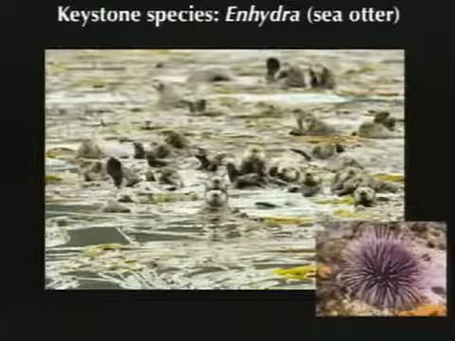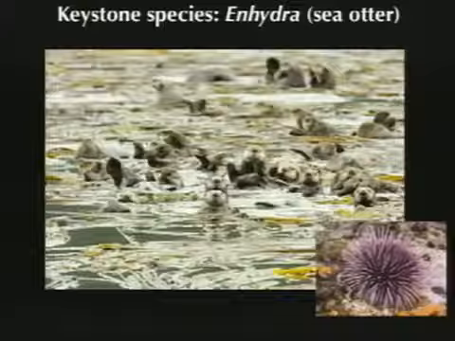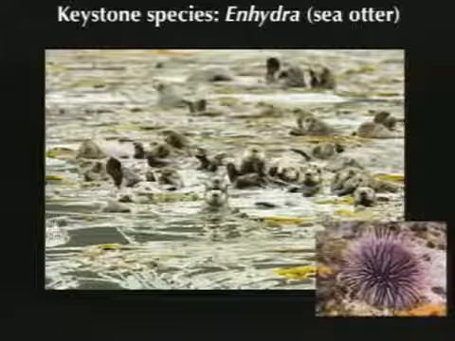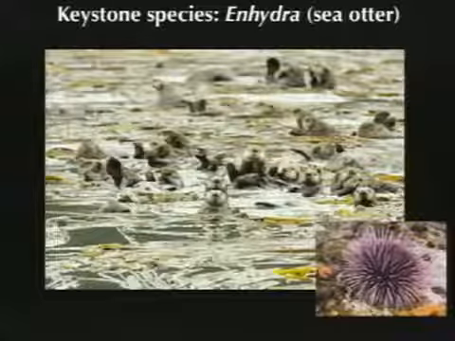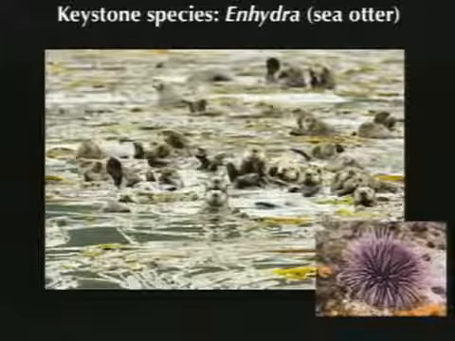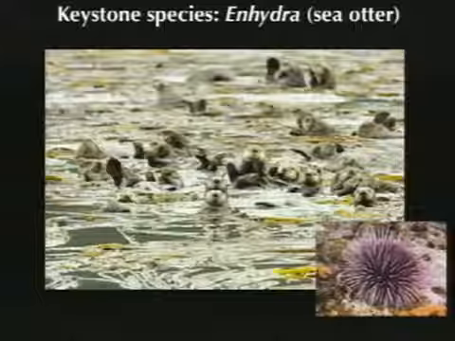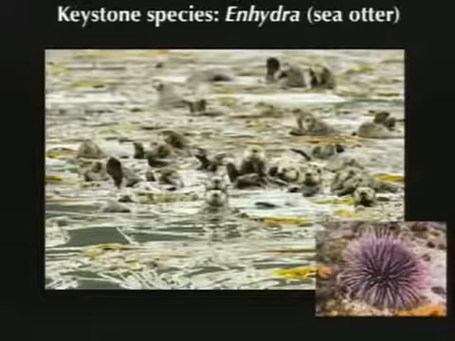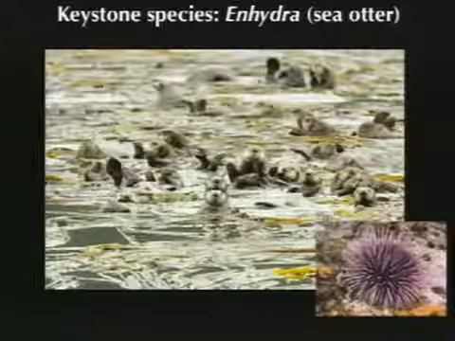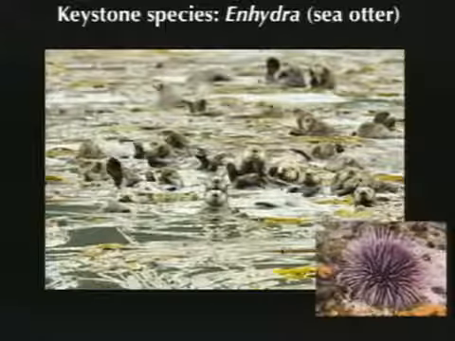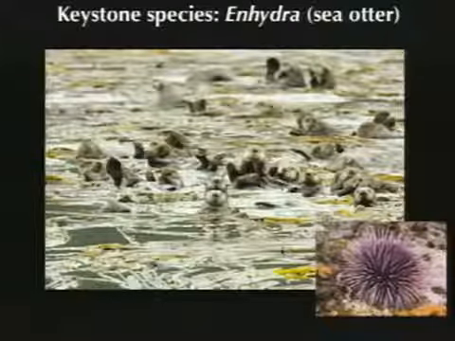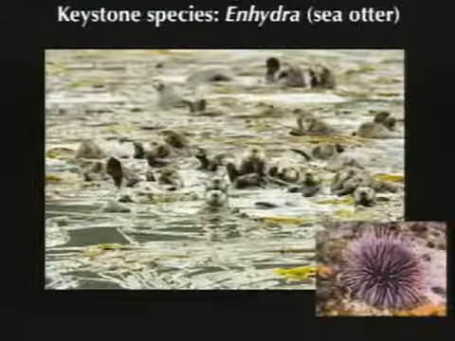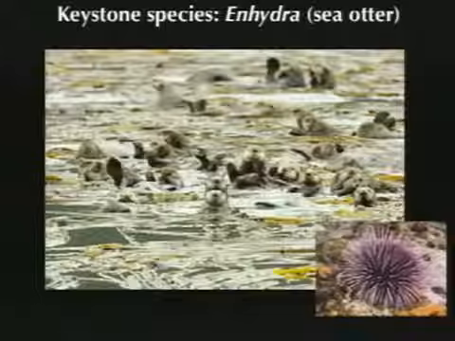They form these in kelp forests. They reach their highest numbers in these kelp forests. They wrap themselves up in kelp so they don't float away at night and get eaten by sharks. And just because the kelp is a very rich ecosystem with one of their favorite prey, urchins, that themselves, these urchins, eat the kelp. The kelp is a brown alga. Why is the sea otter a keystone species?